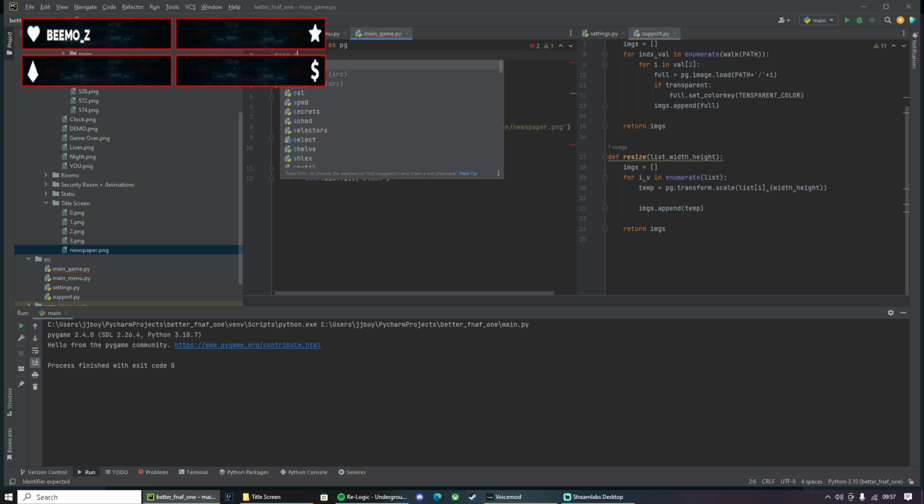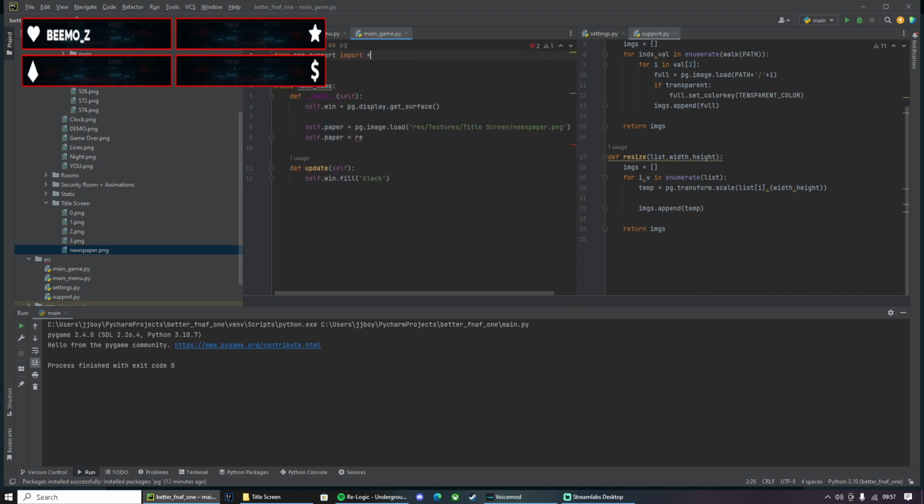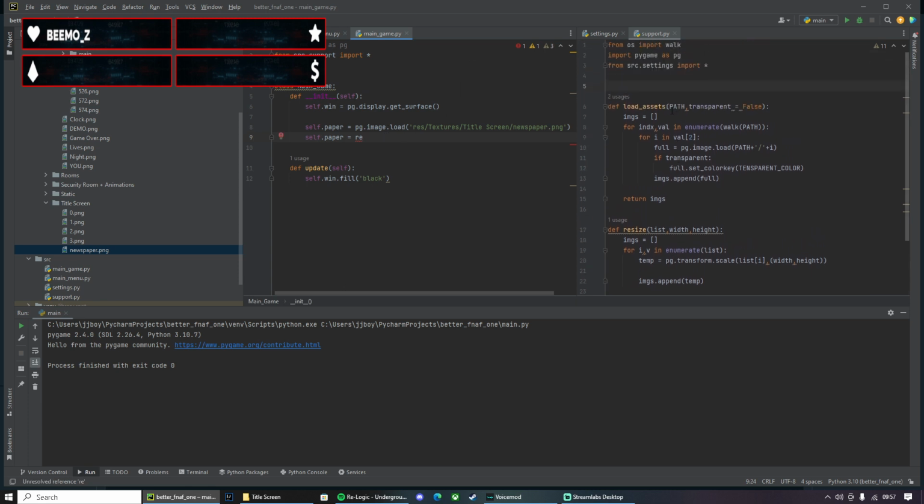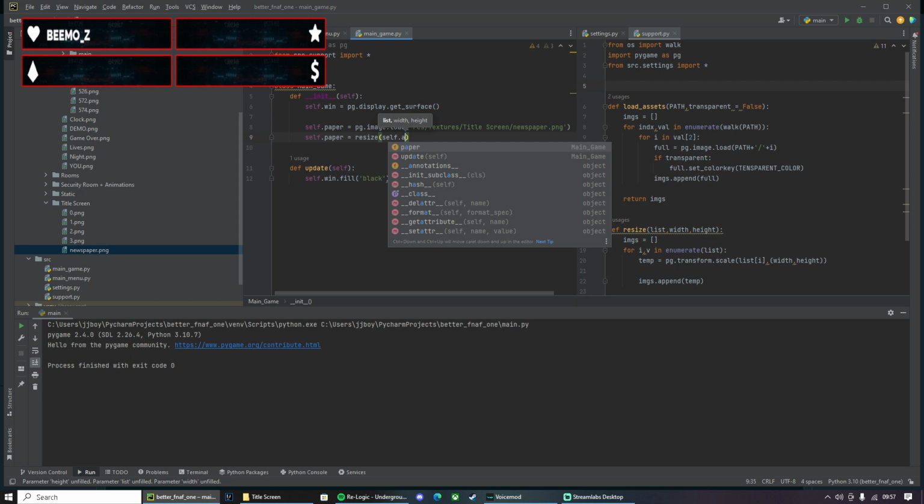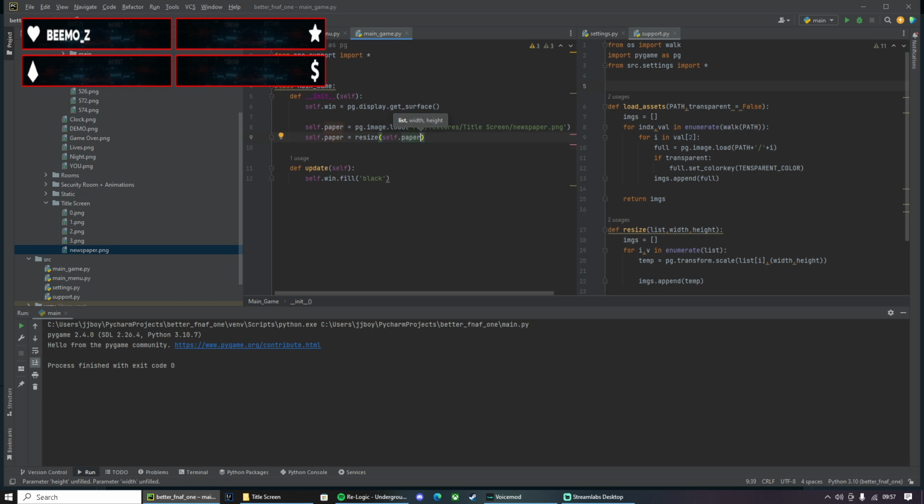From source.support import all. Probably won't need to. No, will, because there's multiple images, so I will need to import all. Resize self.paper, and we'll need to put it as the width and height. So width, comma.